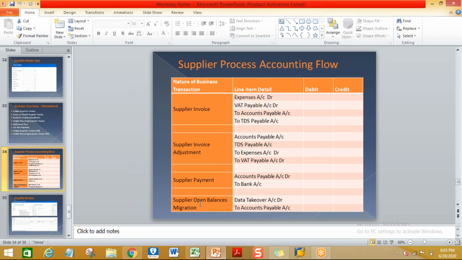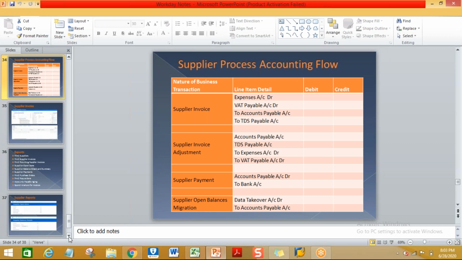This is the open balances migration of legacy invoices, data takeover account debit to accounts payable. Here again, whatever naming convention the business specifies for the data takeover or AP migration, you have to configure as a consultant. So these are the generic things.